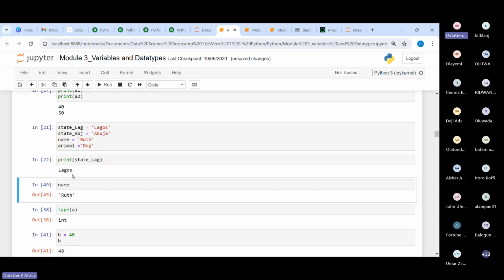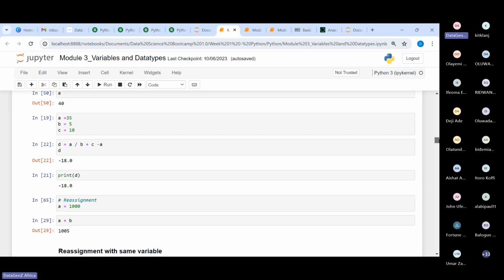And then it gives me Lagos. So let's just bear that in mind. I think I've flogged variable names. So let's just go right into